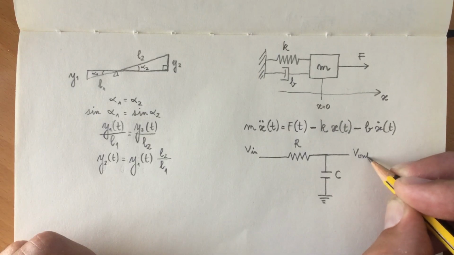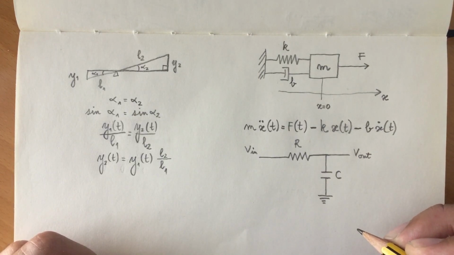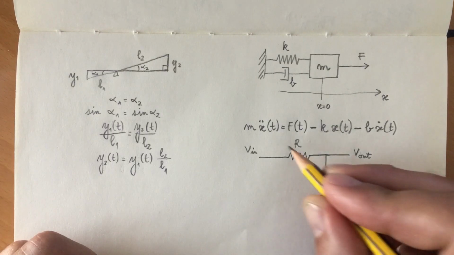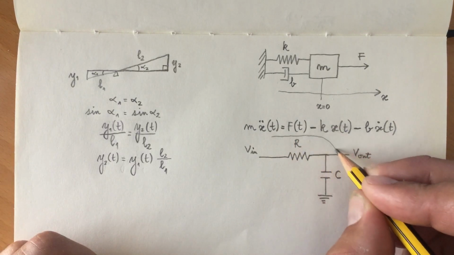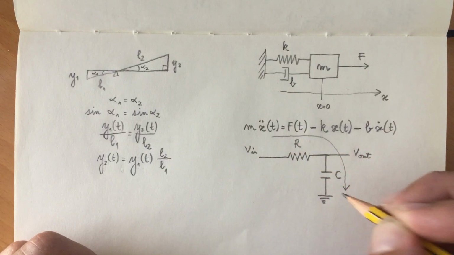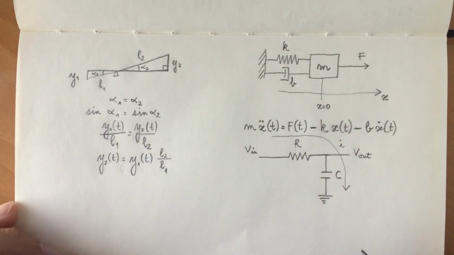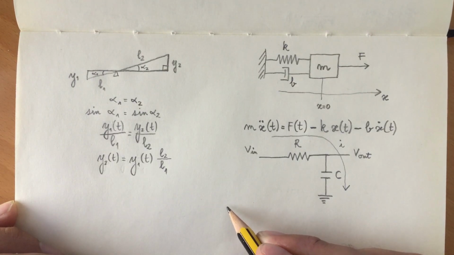The voltage or tension at this point is the output. We know that there will be a current that passes through these two components. We know from Ohm's law that the resistance